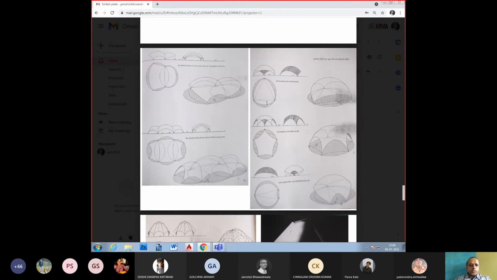Yeah. So there are these other shapes and forms from circles. So how one shell extends, you can couple multiple shells together to form one single space, or you can have larger spans and open out the peripheries, and how the shells can reduce to point loads at the ground level. But in all these cases, if you look at the ground level, you have these ring beams which tie all these points together, so that these spread stresses are contained. You are able to hold them.